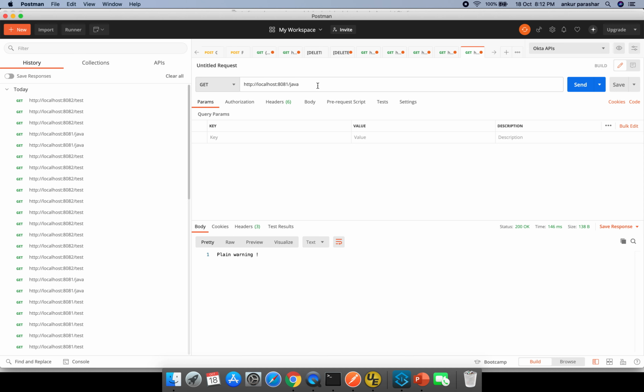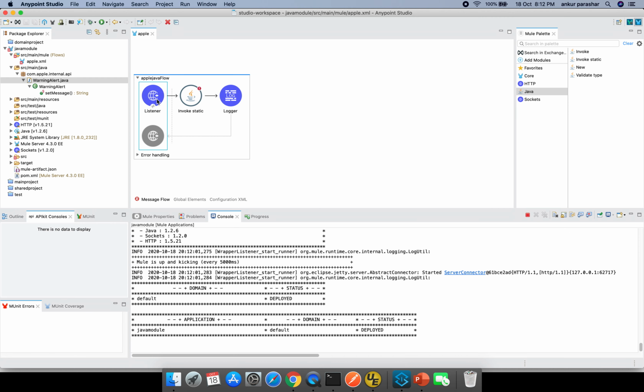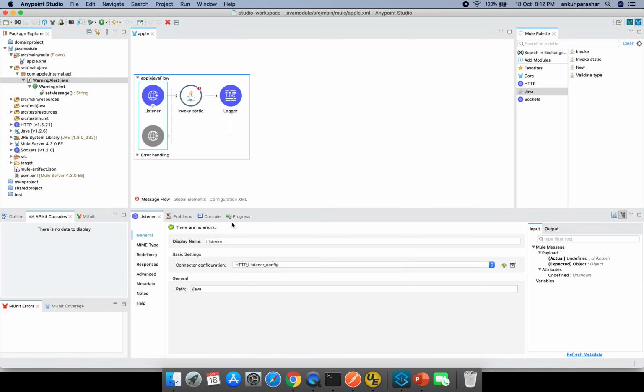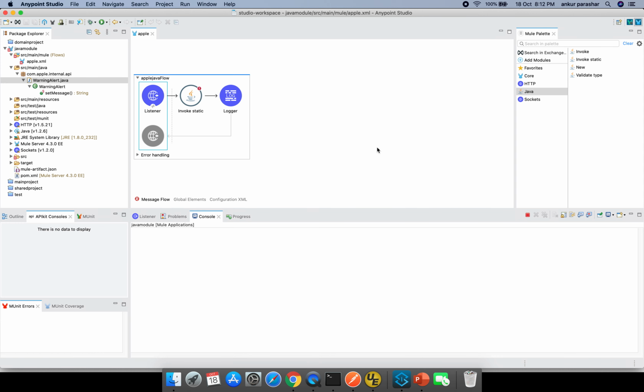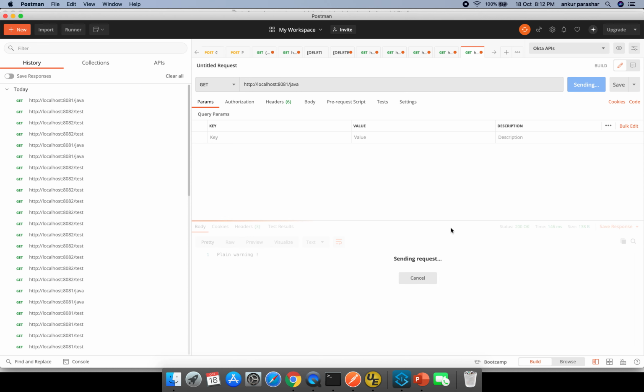So this is 8081, and let's see the action. Is it Java? Yes, it is. Let me clear up the console and hit this particular section.